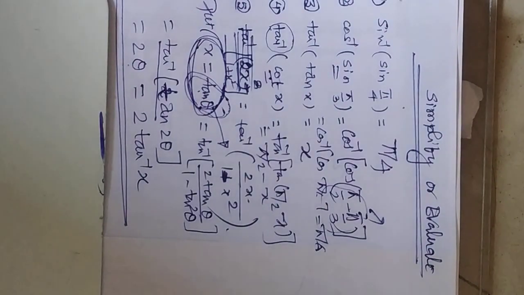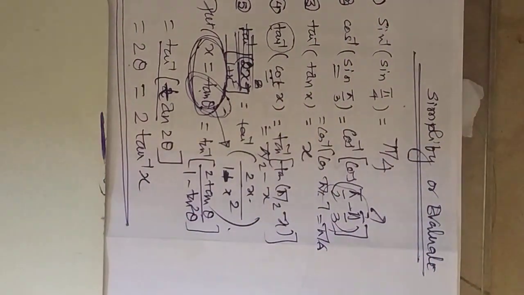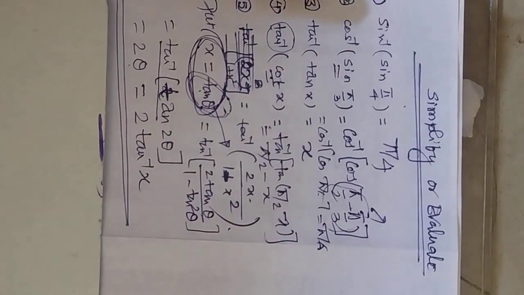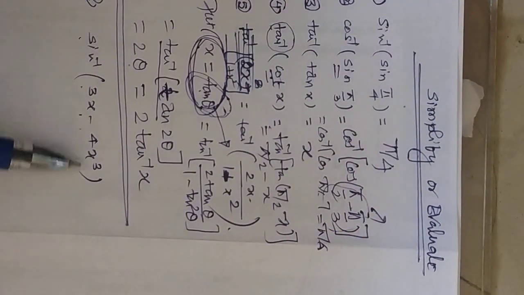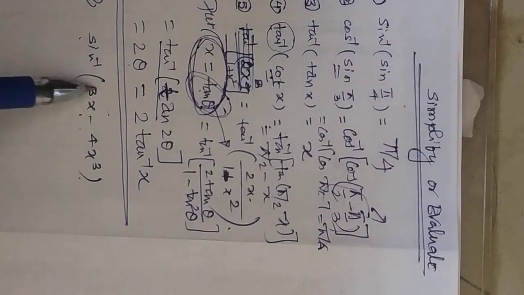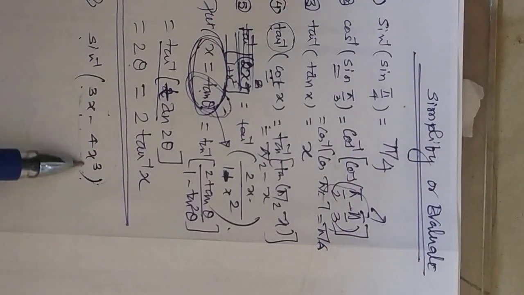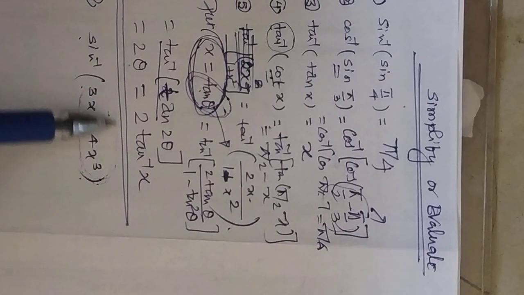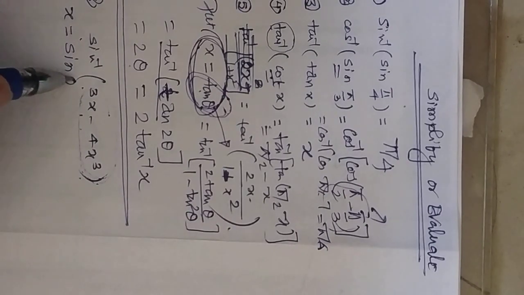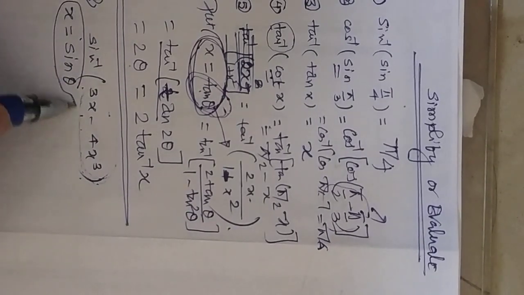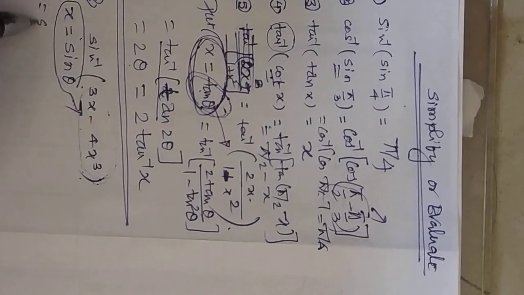If you keep on doing the sums, automatically you will get a link how that conversion can be possible. Now, sine inverse of 3x minus 4x cubed. Look at this and try to recall something which you have learned in class 11. What is a better replacement for x? X to be replaced as sine theta. Whenever you replace x equal to sine theta, this conversion will be very easy.